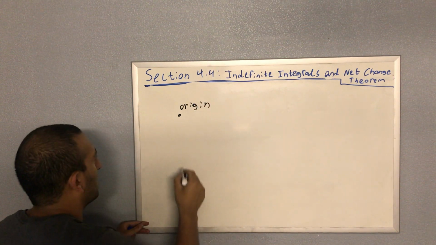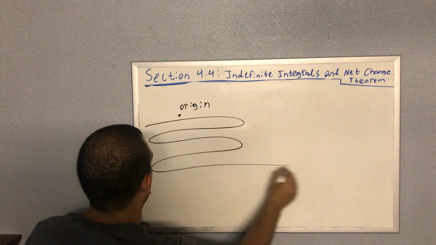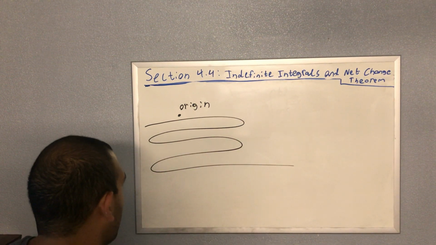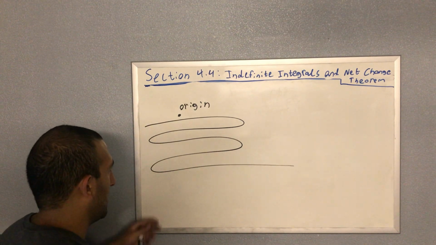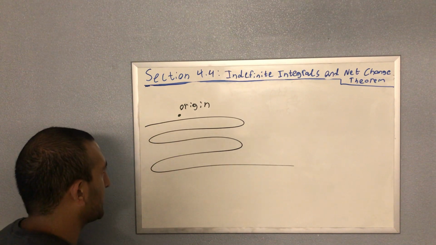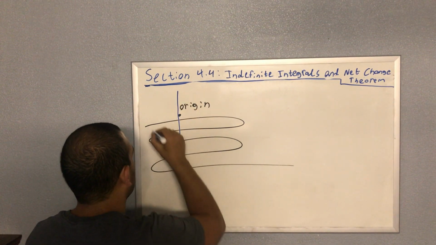But you have a particle that goes all around like this, that's flying around. And you want to measure how far to the right or to the left of the origin the particle is. So here, if you put a grid on this,